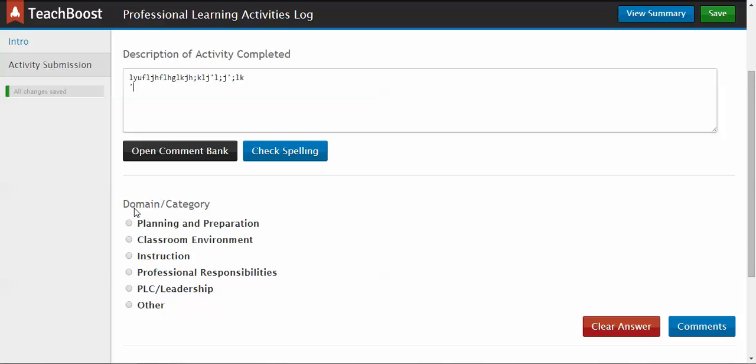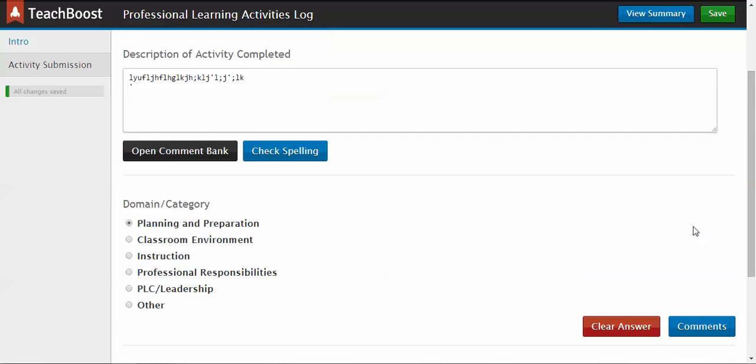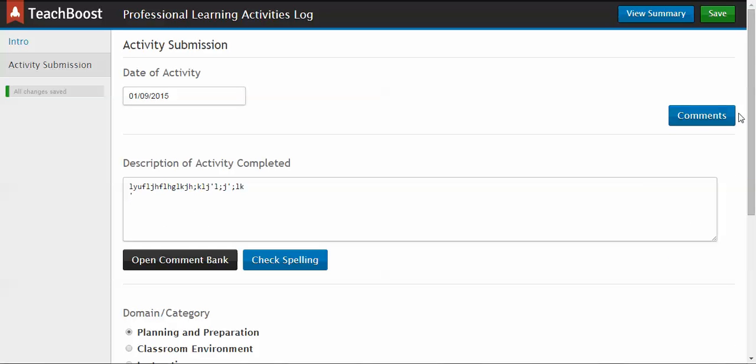In this case I'll just choose planning and preparation, and the number of hours for the activity. You'll note there are comment buttons on the right side here. If I want to add comments to any of the fields I've filled out, I can do that. At this point I'll click Save